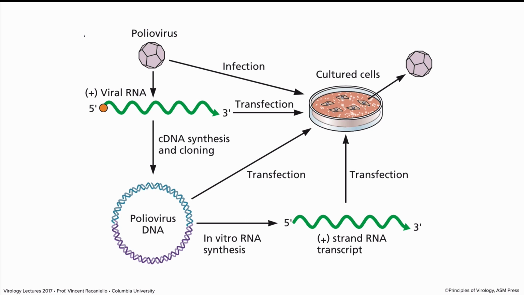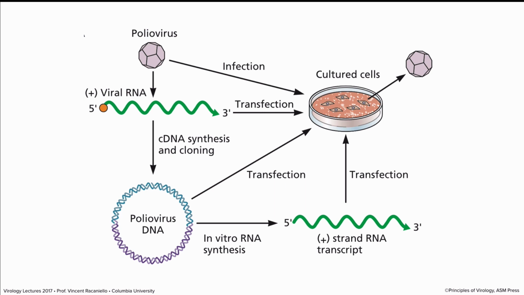If you instead make a DNA copy of polio RNA and clone it in a plasmid in bacteria and grow it up, you can take that cloned DNA, transfect it into cells, and you'll get virus out as well. So that's what I mean by infectious cloned viral DNA. You can manipulate this DNA and get out any virus you want. For example, down at Duke, people are using a modified polio virus to cure gliomas. They inject the virus directly into the tumor of a patient with a glioma, which you may know is pretty much a fatal tumor, and they've had some success.